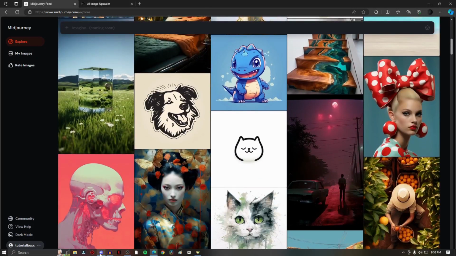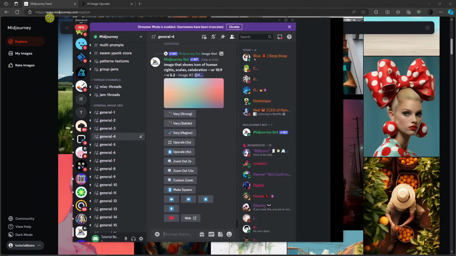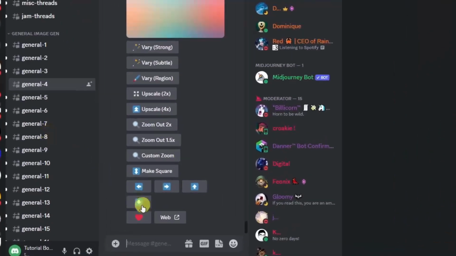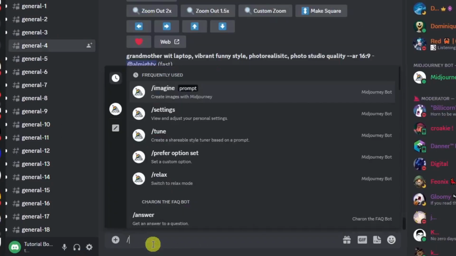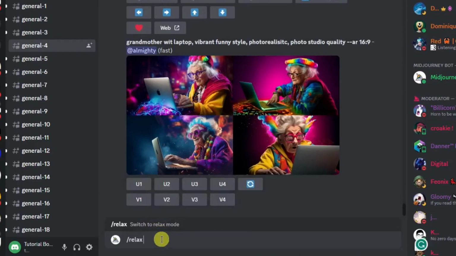Basically go to Discord. Let me just open Discord right there. And then from here, let me just enlarge it. Type this command that says relax. So if you have a paid subscription of $30, the pro version, you can use relax mode. Basically what it does, it lessens